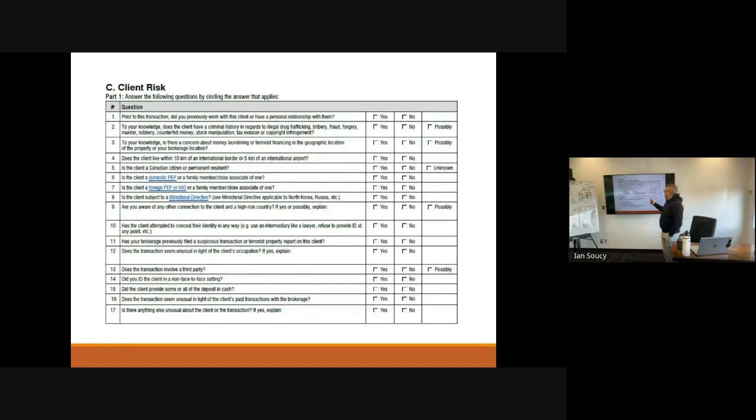Right, so everybody's got these, so I'm not gonna read all of them one at a time. But your main one is the first one, basically. Prior to this transaction, did you work with this client or have a personal relationship with them? So who can tell me,